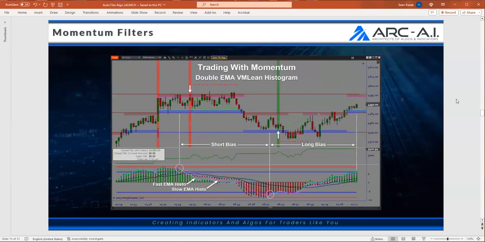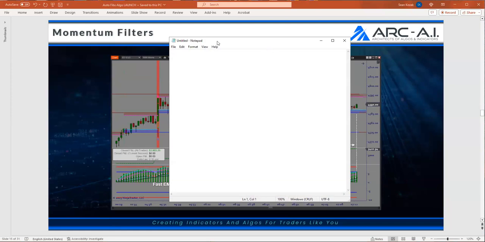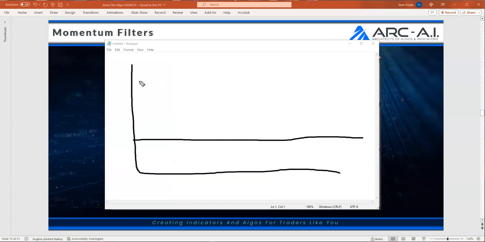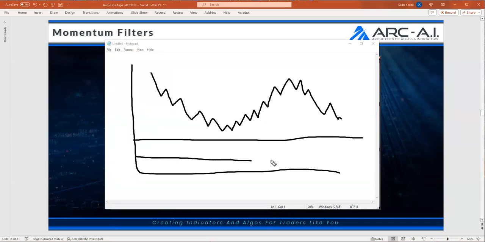Now here's something that was the request of me and a bunch of our users. We added the momentum filter that will allow you to get into the market sooner. I'll give you an example. If I have a chart and I've got a sub panel, and my market goes down, then goes up, then goes down, and you've got your midline here, the market goes down, boom, and then it crosses up like this, boom, and then it comes down and crosses up again, boom.